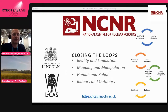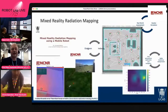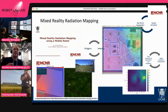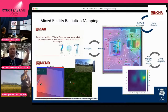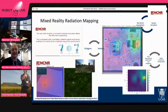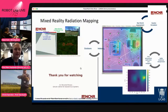So with all that said, we are not usually working so much with the actual radioactive drones, but we've done a lot of work also to close this loop between simulation and reality. And here's actually the idea that what Tom has shown you, this sort of map we get there, we can also replicate in our system to then do autonomous exploration in such an a priori given map, for instance. So what we see here is actually a real run in our farm environment, not wheat, another farm, effectively,